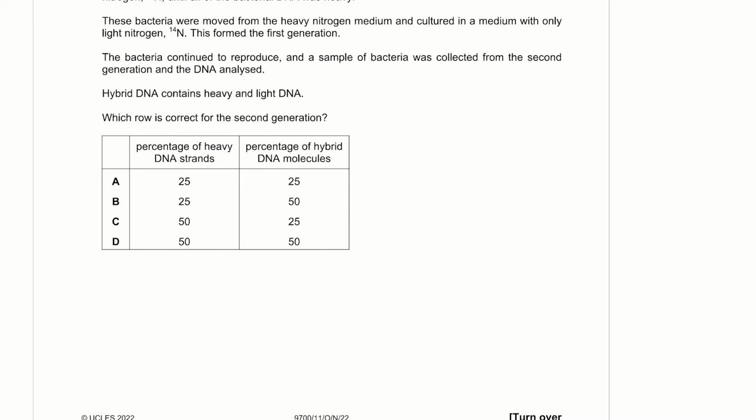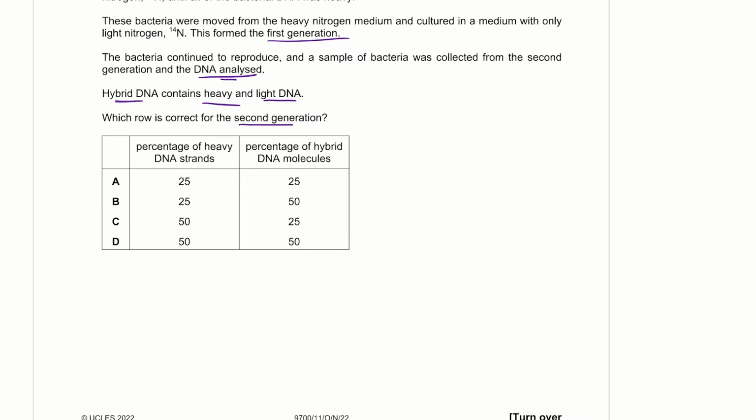ring. Question number 23. DNA replication in bacteria was investigated. Bacteria were grown in a medium with only heavy nitrogen, N15, until all the bacterial DNA was heavy. These bacteria were moved from heavy nitrogen medium and cultured in a medium with only light nitrogen, N14. This formed the first generation. The bacteria continued to reproduce, and a sample of bacteria was collected from the second generation and the DNA analyzed. Hybrid DNA contains heavy and light DNA. So, a hybrid DNA contains 1 chain made of N14 and 1 chain made of N15, which row is correct